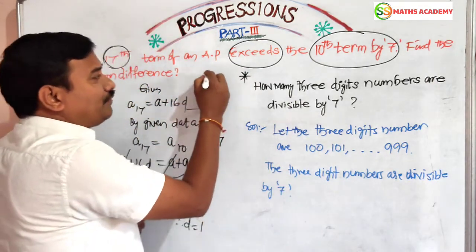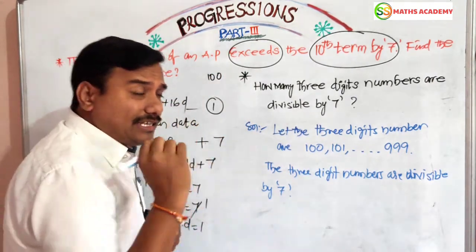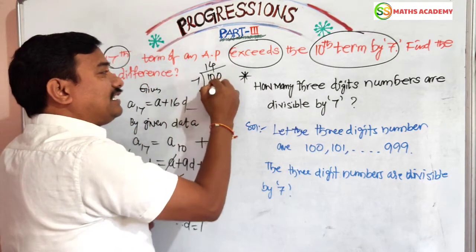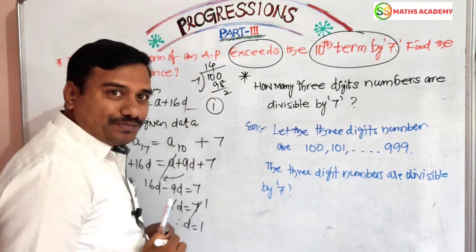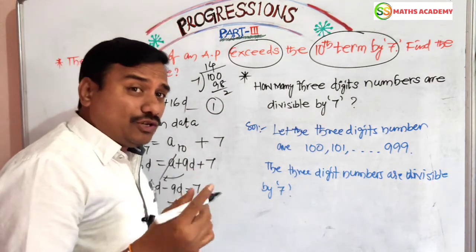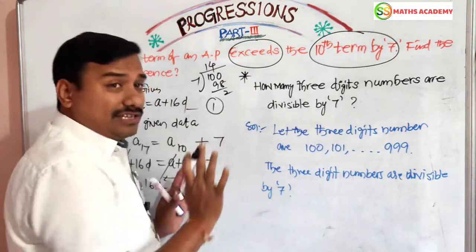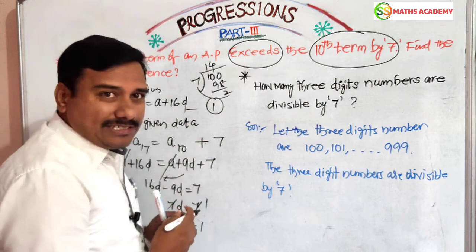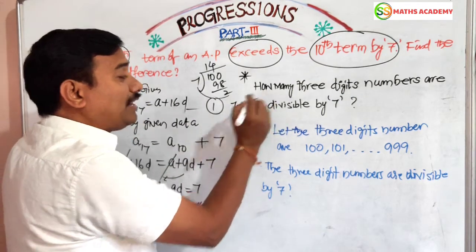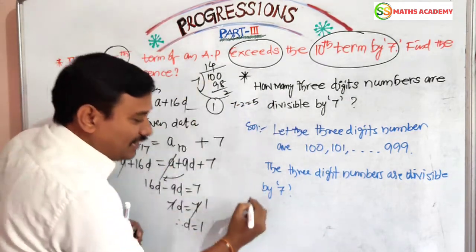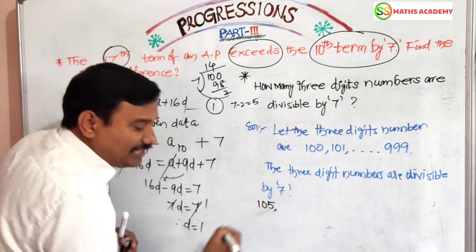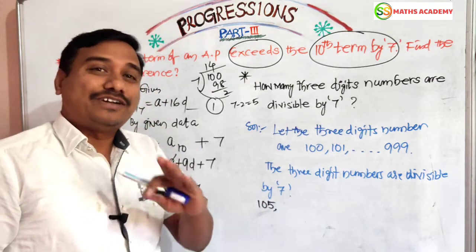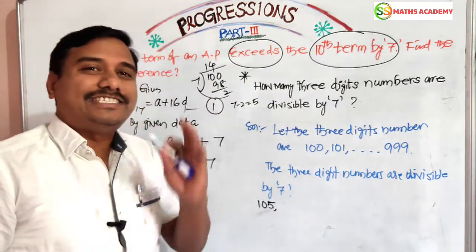You know very well the first smallest 3-digit number is 100. It will be divided by 7. 14 sevens are 98, remainder 2. When the remainder is 0, it is exactly divisible, but here the remainder is 2, so it is not divisible by 7. Next, 7 minus 2 is how much? 5. You have to add these 5 to 100. Then the first number divisible by 7 is 105. You check it: 105 is exactly divisible by 7, the remainder should be 0.